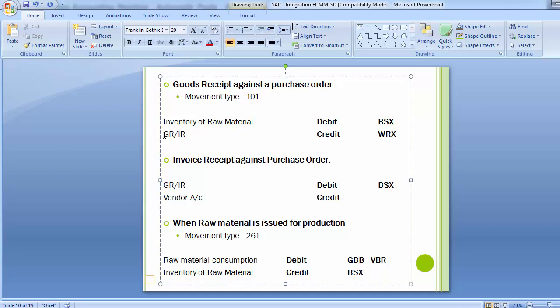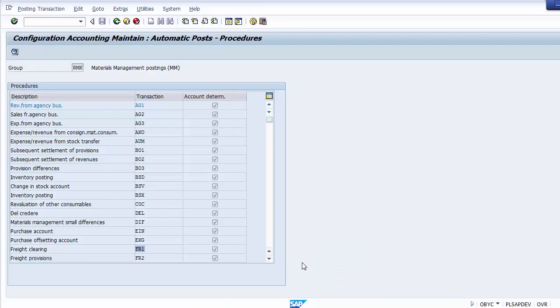And in case there is an asset, the asset should be debited. This is done with movement type 101 by the SAP system, and the transaction code for that is MIGO. MIGO is the transaction code. If we execute that in one of your sessions in the SAP system, you can see that.